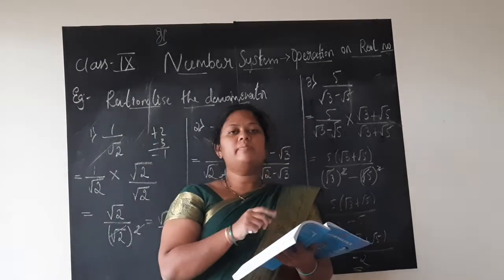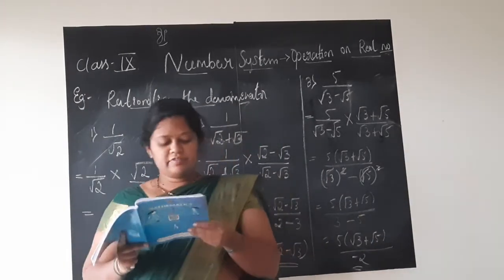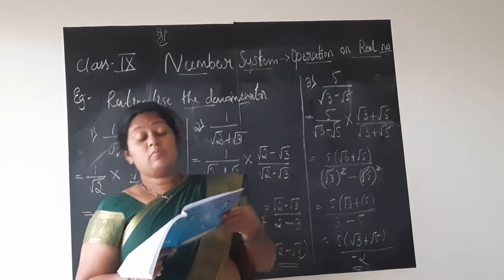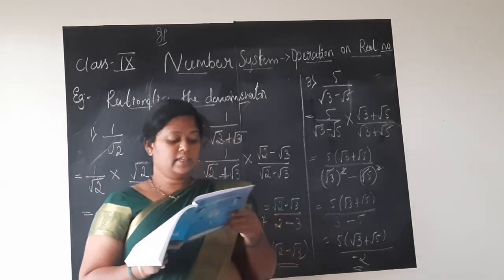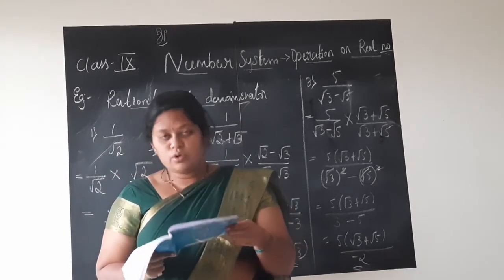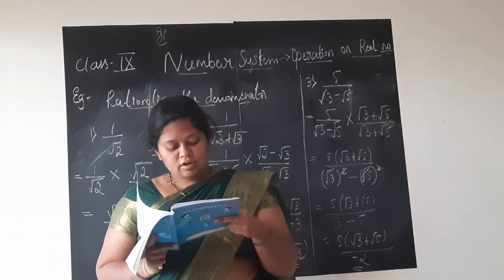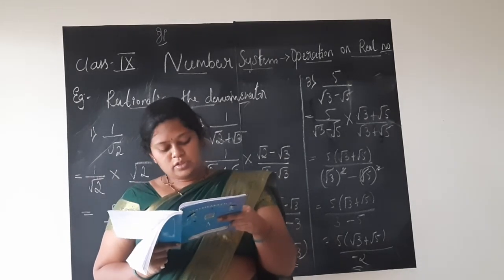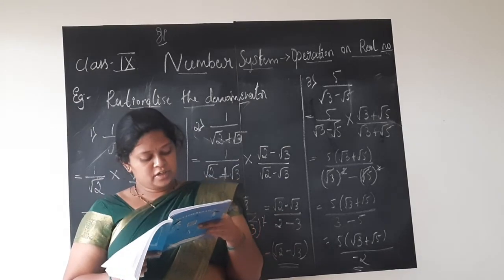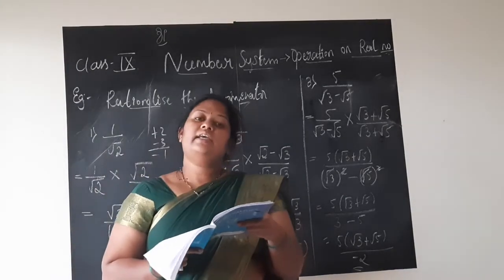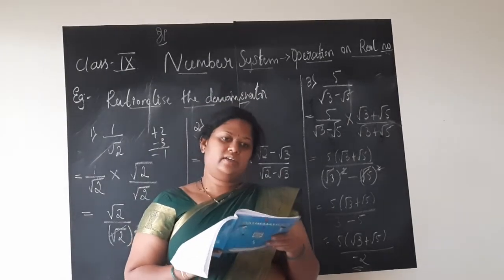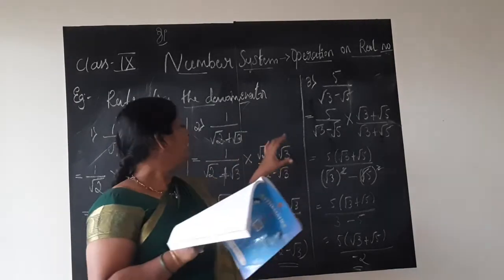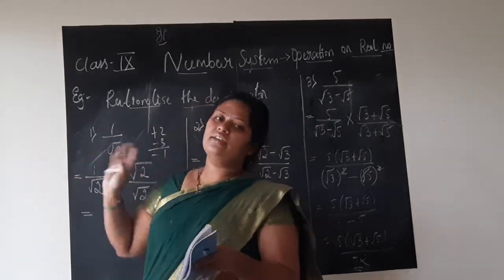After that, children, in page number 23 in your textbook, last paragraph, you have one paragraph. I want you to write the definition of what is rationalizing the denominator. Here you have: when the denominator of an expression contains a term with a square root, the process of converting it to an equivalent expression whose denominator is a rational number is called rationalizing the denominator. So that is what we did here. I want you to write this definition and solve any one exemplar problem. If you feel this is easy, this only you can solve.